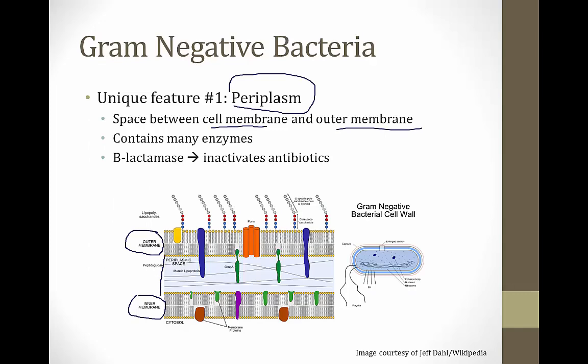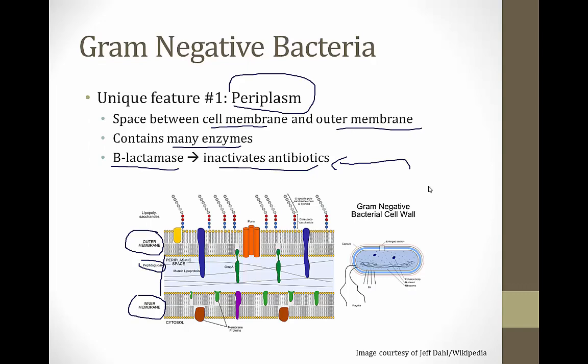have the periplasmic space. Now it contains some sheets of peptidoglycan, but remember, not as many as are found in gram-positive bacteria. And then it also contains many enzymes, and one of the most important types of enzymes found in the periplasmic space are beta-lactamase enzymes. These are enzymes that can inactivate beta-lactam antibiotics. So we'll talk more about that in the modules on antibiotics, but what you should know right here is that this periplasm is the space that holds many of the enzymes that allow gram-negative bacteria to resist antibiotics that have